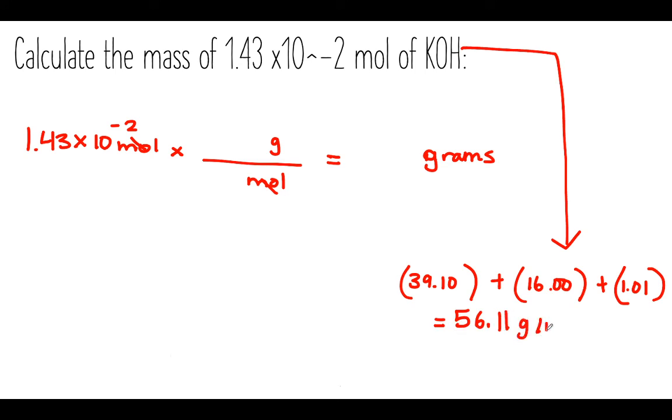56.11 grams per mole. In this case, the grams has to be written at the top, so 56.11 grams for every 1 mole. Writing it this way, I have to multiply 1.43 times 10 to the power of negative 2 times 56.11, which will give me